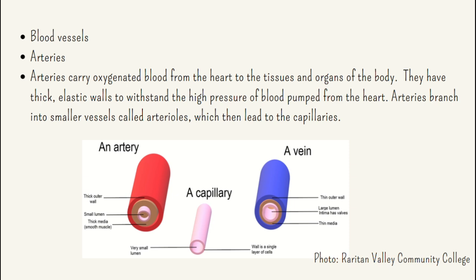So we're saying that the arteries carry oxygenated blood away from the heart to the rest of the body, and it has a small lumen. It has a small lumen because, and basically lumen is like a little hollow space, the space where the blood will travel through. Now it has a small lumen because of the high pressure of the blood that's being pumped from the